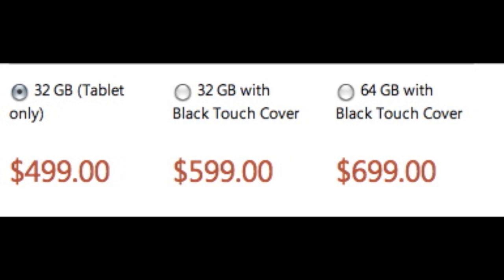The Surface is still an awesome tablet without the touchpad, but with it, it makes it that much better, especially if you're getting this for a student who's looking to take notes on this device. Definitely get the touchpad. If you want to buy the touchpad, or touch cover, sorry, I've been calling it touchpad, it's called a touch cover, but if you want to get the touch cover without the tablet,